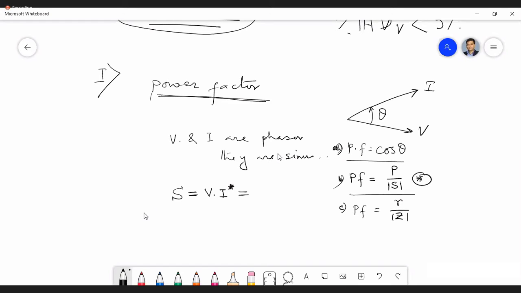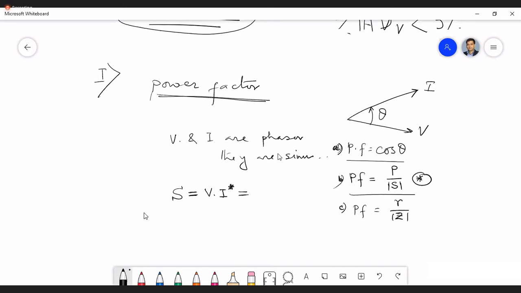And why do we take I conjugate, not V? Because we have to define the reactive power. Okay, so if we take V conjugate I, then the sign of the reactive power will be opposite. The convention will be opposite. That is also another convention of apparent power, V conjugate I, which is also used in some applications of power systems. But this is the more popular definition, that is V I conjugate.